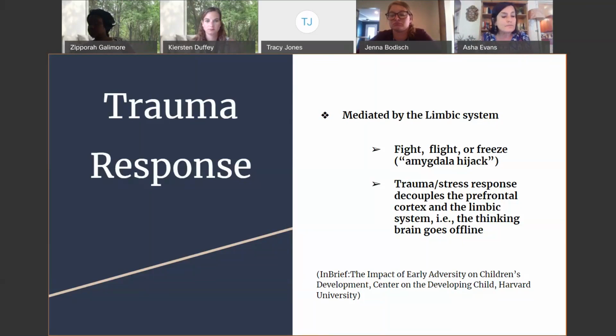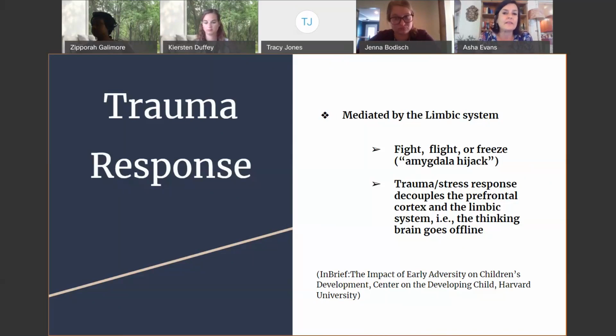So there are studies and brain imaging studies that show that these children have decreased brain activities. Their cerebral cortex, or the prefrontal cortex, is decreased in volume. Their amygdala, which is the fight, flight, or response, or amygdala hijack organ, if you will, is enlarged because it's working overtime. And finally, just looking at the brain, we